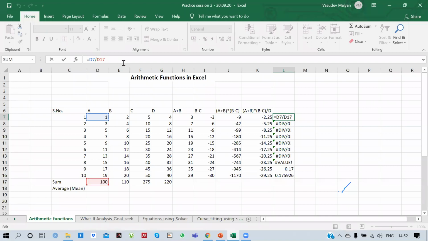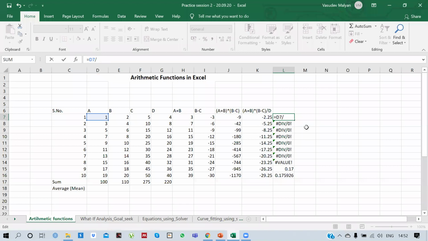So if I put a $ sign here, I am fixing the cell name, I mean cell D. And when I put a $ sign with the number also, I am fixing this particular cell D17 of the whole grid. I'll repeat this again.